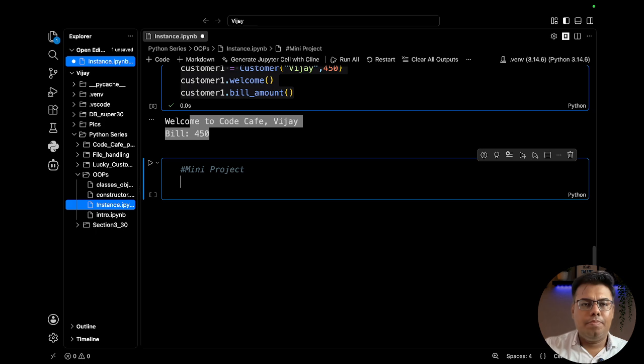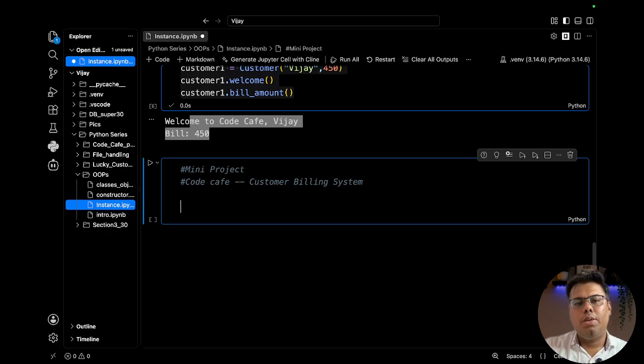And for the Code Cafe, we are going to create a customer billing system. We will store the customer detail, we will display the profile, then we will display the bill, and finally a welcome message using the initial detail they have provided. So for all of that we will integrate the knowledge of the instance method till now, whatever we have gathered. Okay, so simply starting with our